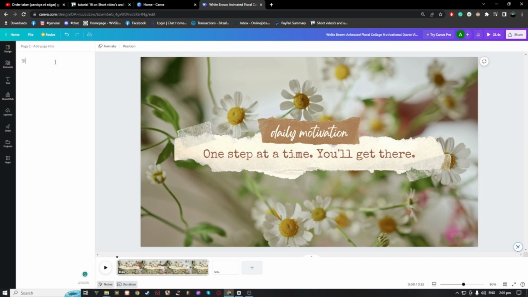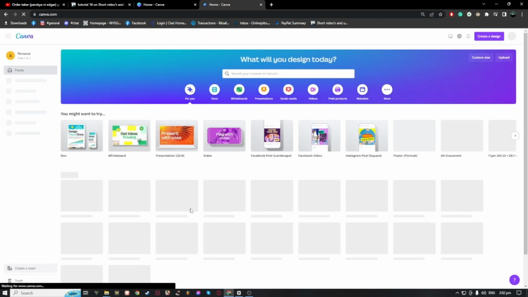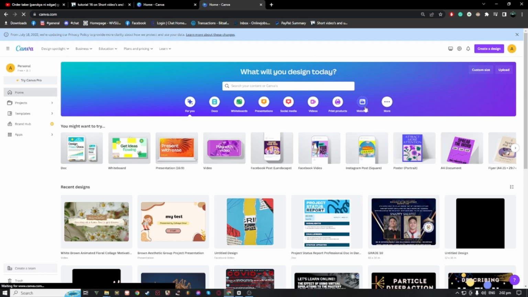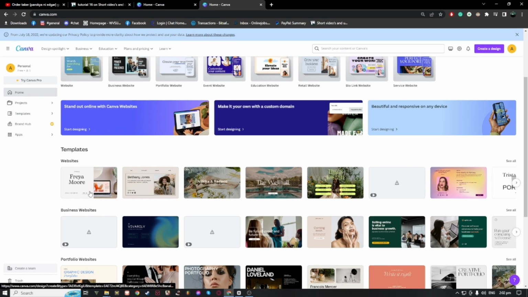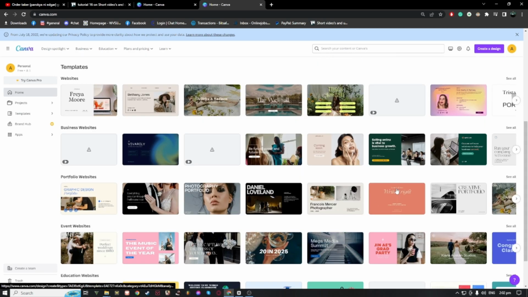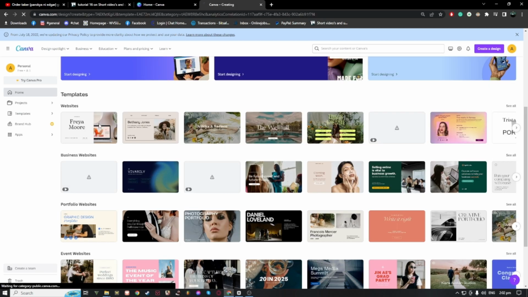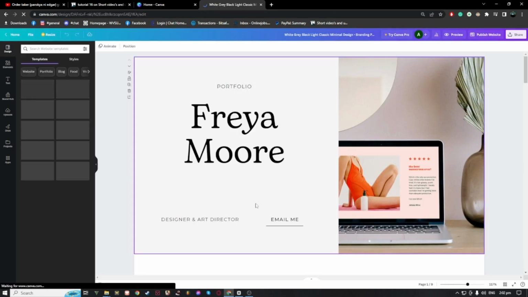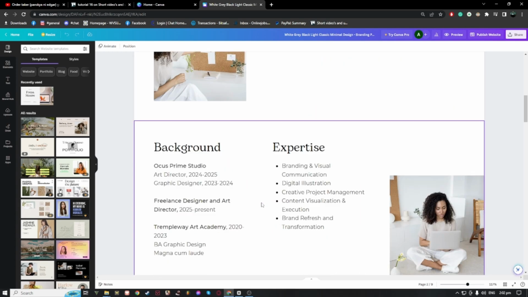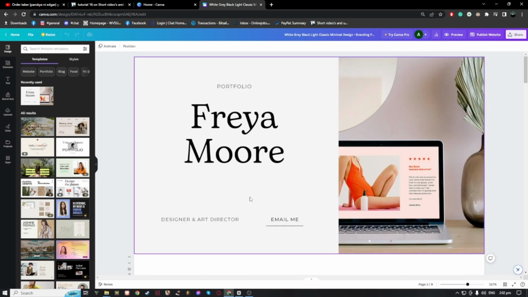Also, you can add some notes for your presentation right here by clicking on the notes icon or the notes button down below. So it is very easy to navigate Canva. And also you can have web pages here. The awesome thing is that you can publish web pages in Canva, and it also have templates for your web pages. So if you want some web pages or to publish a web page, you can have this,